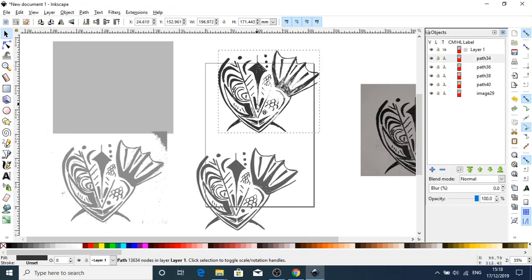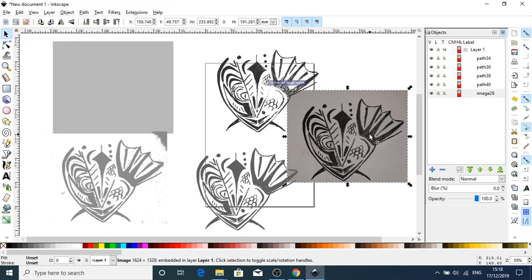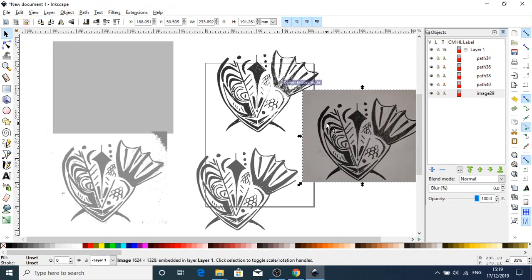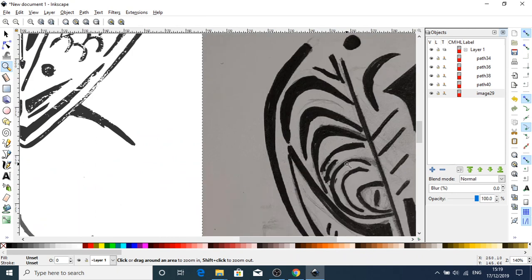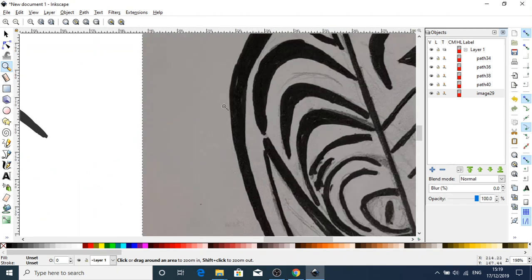The next step up, we've actually lost some because these parts here are actually lighter in our image and were included on the layer below. So the darker parts would have been included throughout the layers, but the lighter parts would have been missed off. The same here, if I actually zoom into here, you can see some pencil marks in here, which I don't want in my image, but